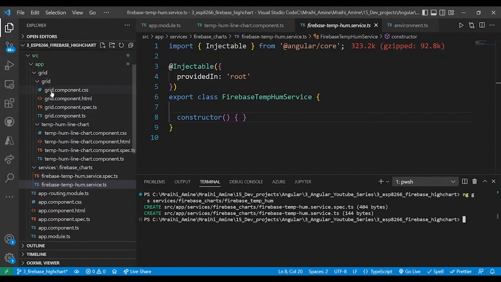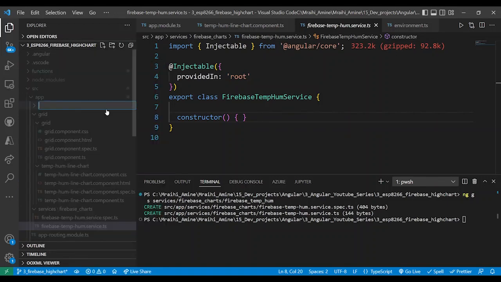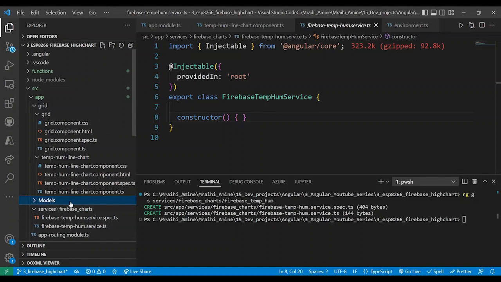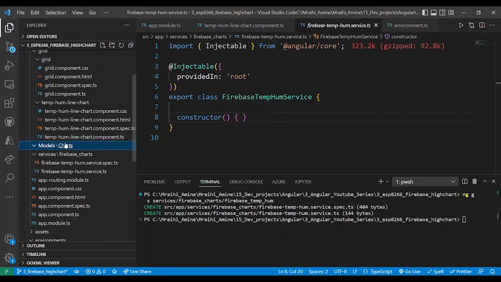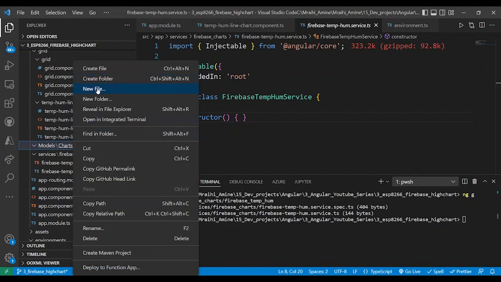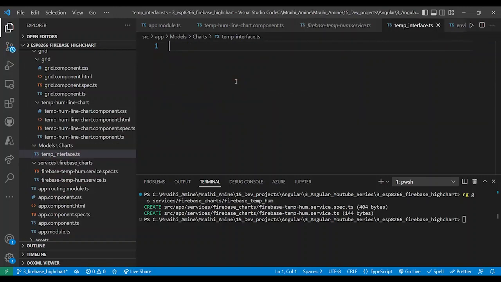We'll create here in the app a new folder which I will call models, and inside of it I will create another folder which I will call charts, and inside of it I will create a new file which I will call temperature interface.ts,